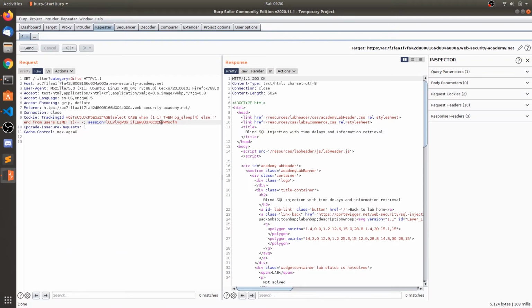We need to find the username and the password columns, right? How do we do that? Let's concat of a comma, username, and in this we need to find the substring of the first one. Just like in the previous video, finding the columns.